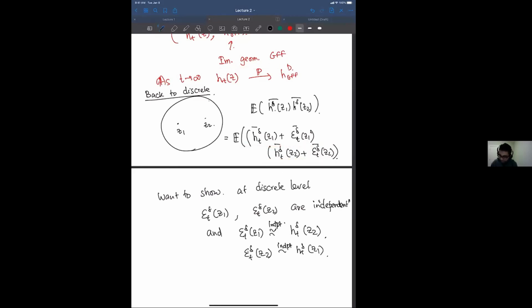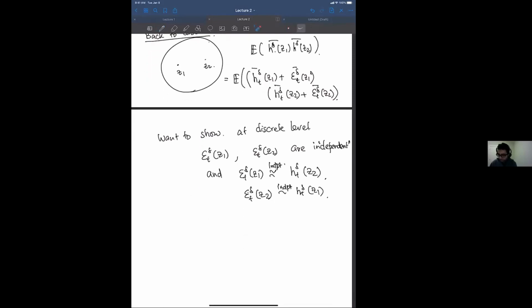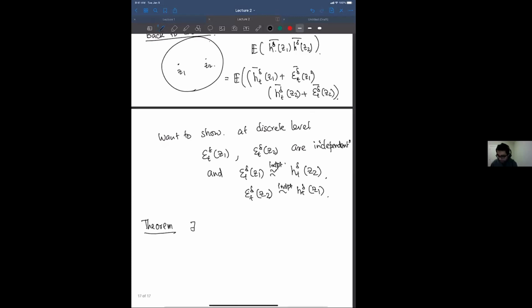Okay, so a final few words about how one shows that these things are independent. Well, here's another theorem, and this actually forms a big part of the paper as well, which is the following: we use a sort of multi-scale coupling argument. So there is a coupling between the UST T and independent USTs T1 and T2,